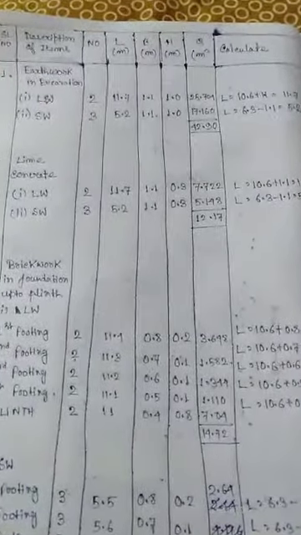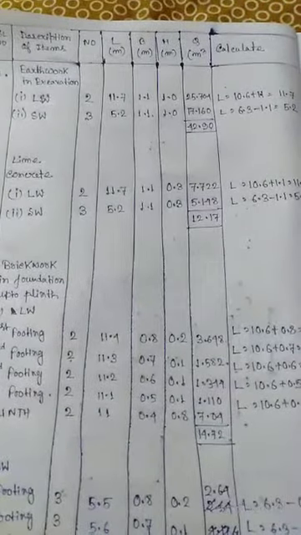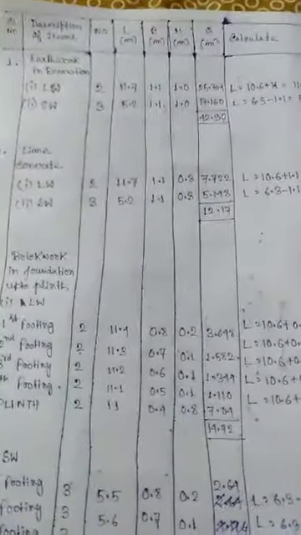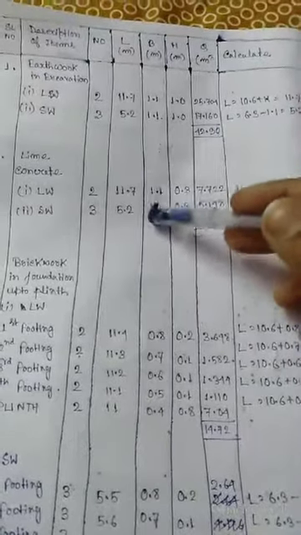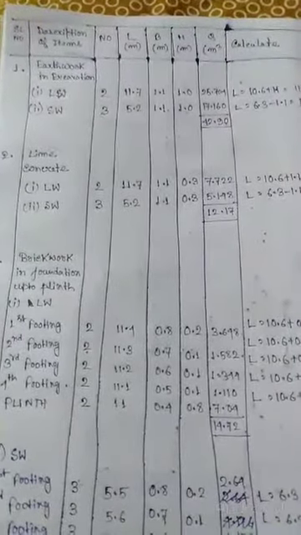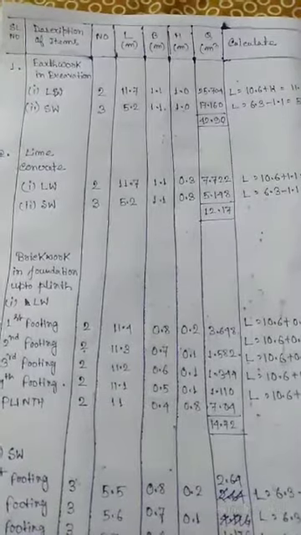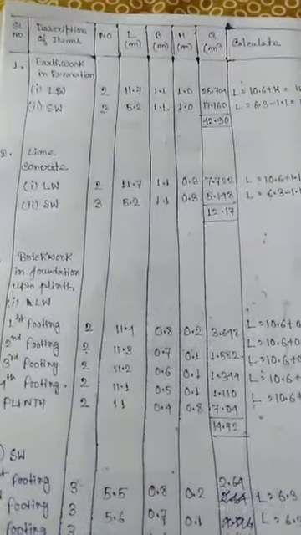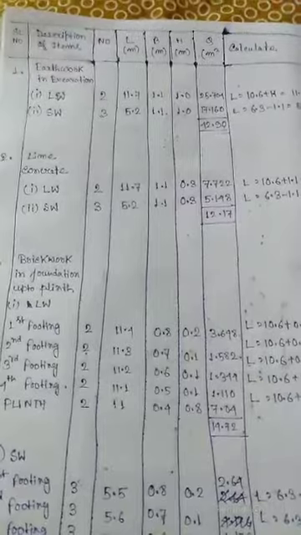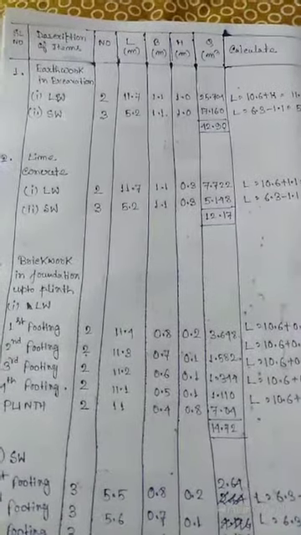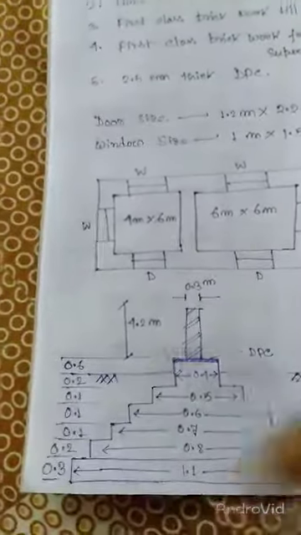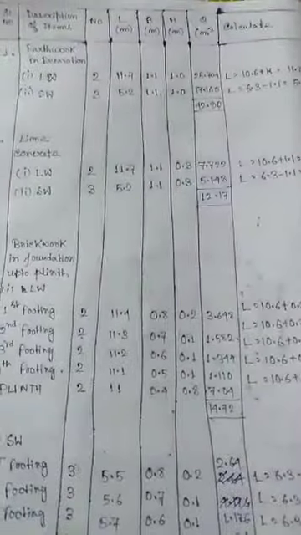The next one is lime concrete. So next you have to calculate lime concrete. The breadth or width of the foundation will be the same, that is 1.1. You have to write that here. The number of long walls and short walls will be the same: the number of long walls is 2 and short walls is 3, and the lengths of the long wall and short wall will also be the same. From this section, the height of the lime concrete is 0.3. So here you have to write the height of the lime concrete as 0.3.